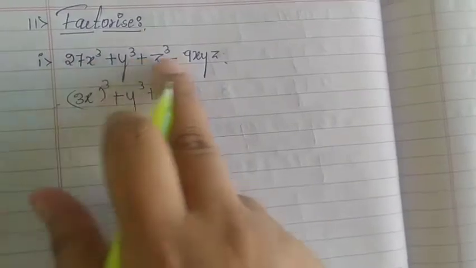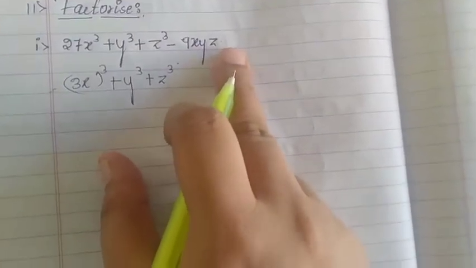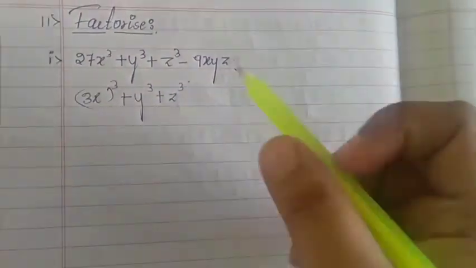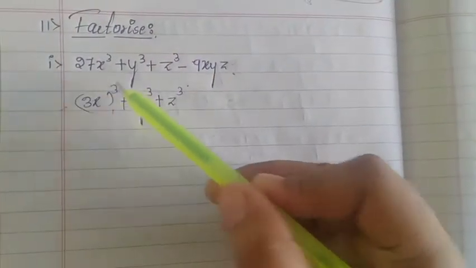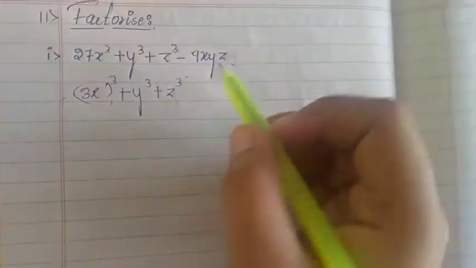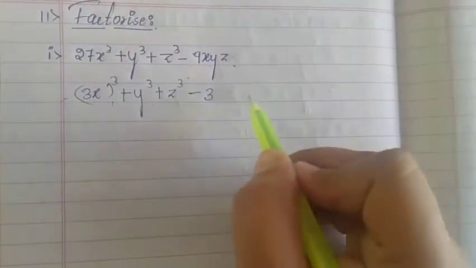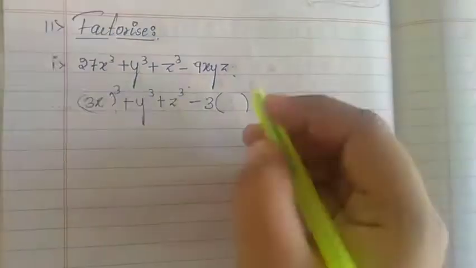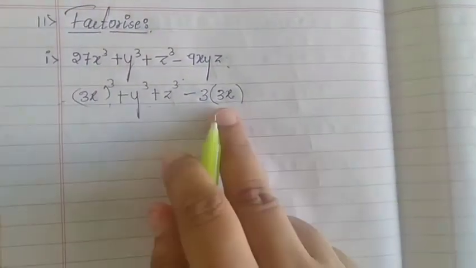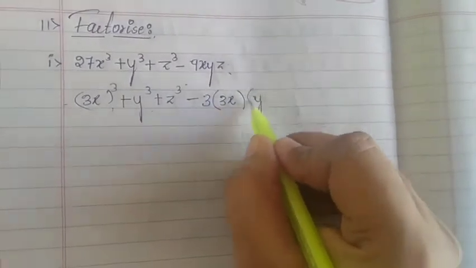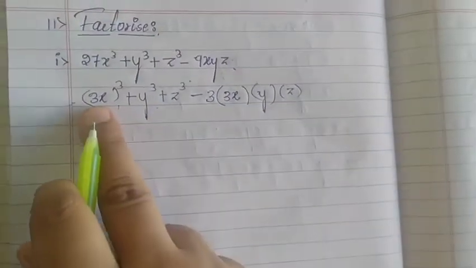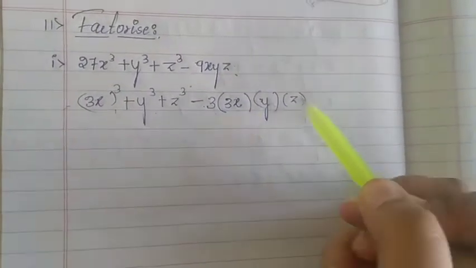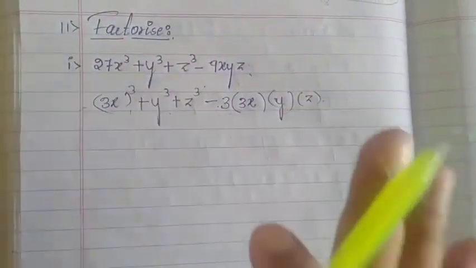So now this one we have to convert in the form of x cube plus y cube plus z cube minus 3xyz. Okay, so now here you can see 3x the whole cube plus y cube plus z cube minus 3 into xyz, right? So in place of x here you can see 3x is there, right? So for that sake, in place of x I am going to write 3x, and y and z. So x cube plus y cube plus z cube minus 3 into x into y into z. So now this is in the form of this identity, right?